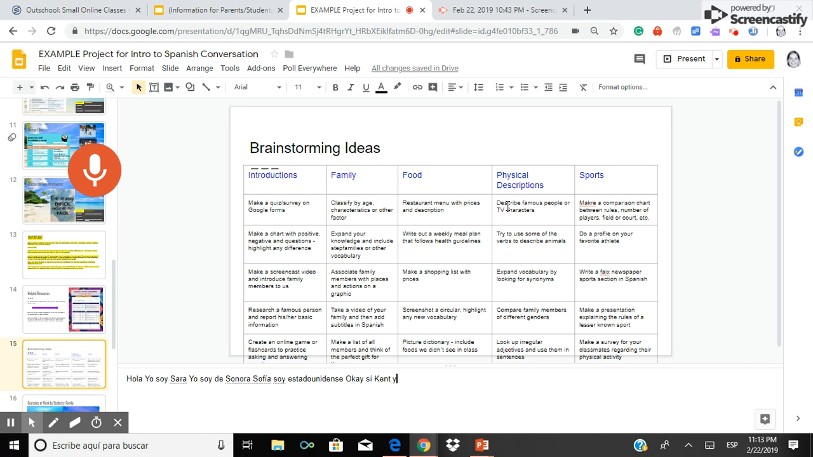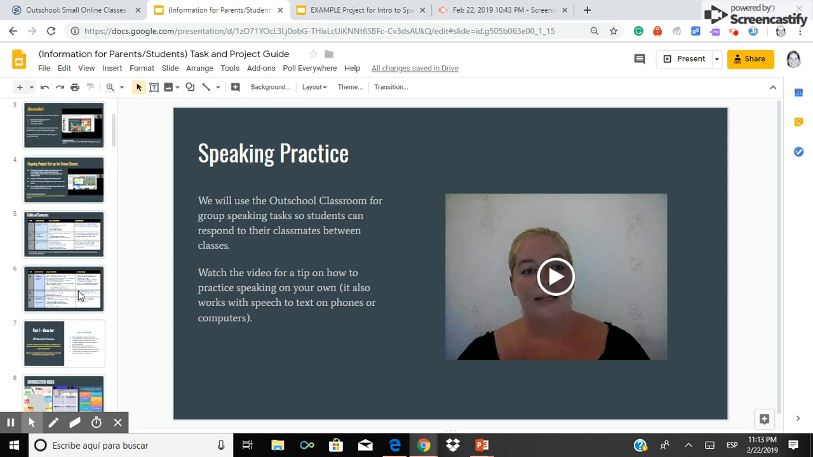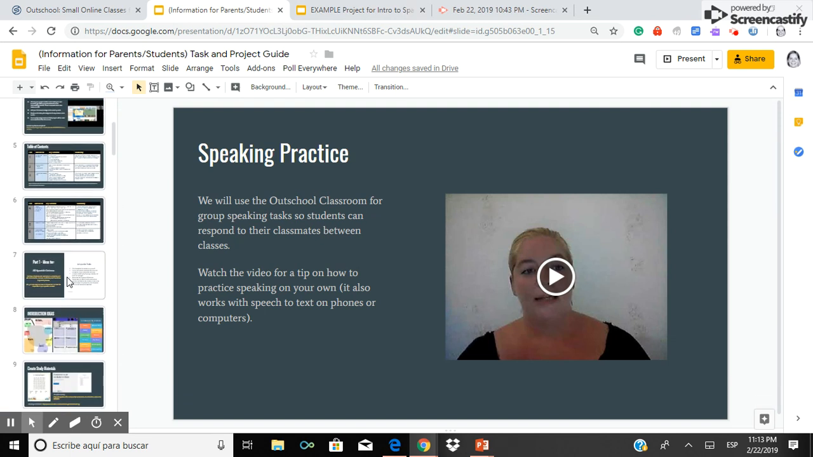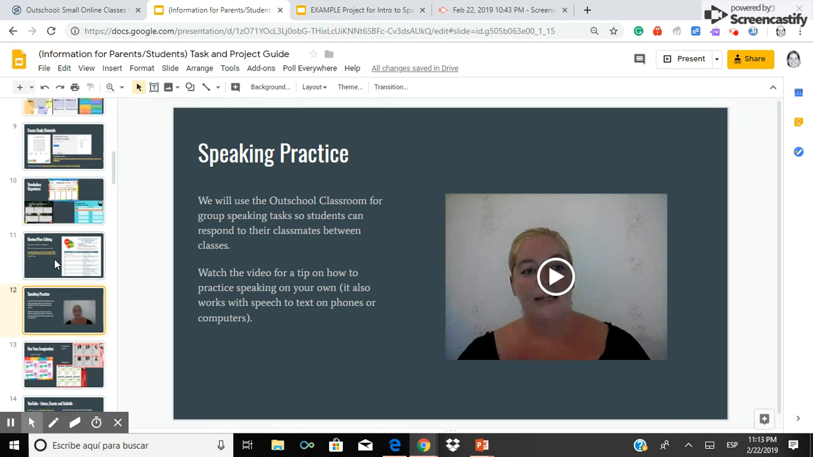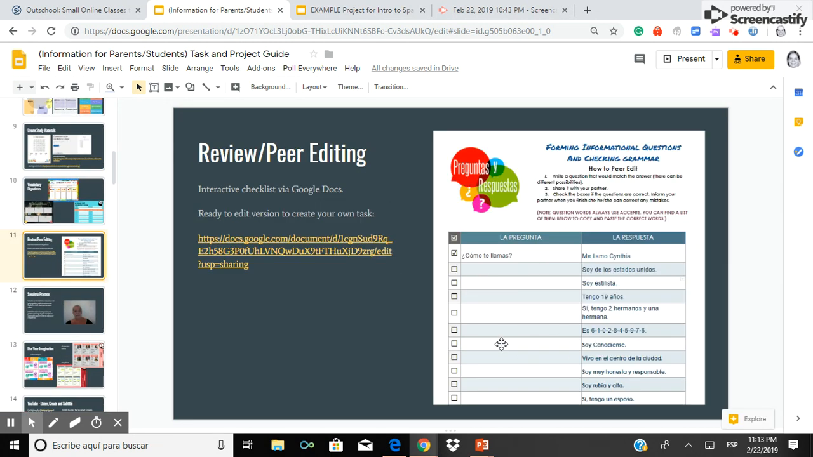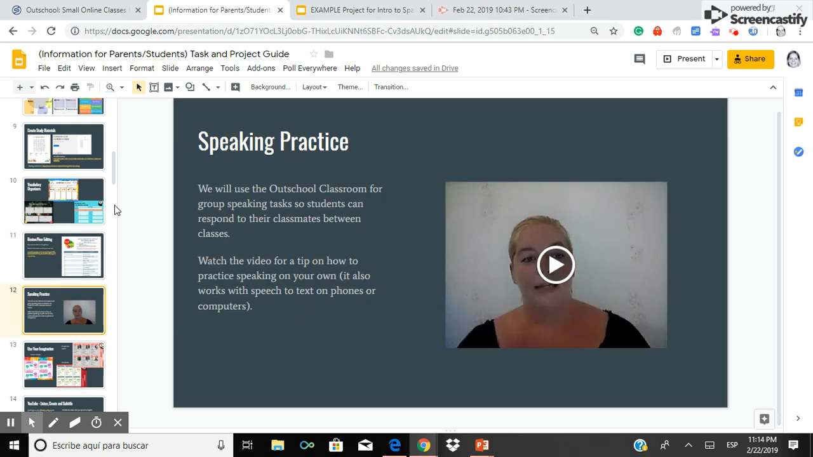If you're talking about food, you can use the checklist. This is the checklist that you guys are going to have access to. And you can make a list, a shopping list. You could make a shopping list with prices. You can compare grocery stores. There's so many things you can do with an interactive checklist. And then moving on,